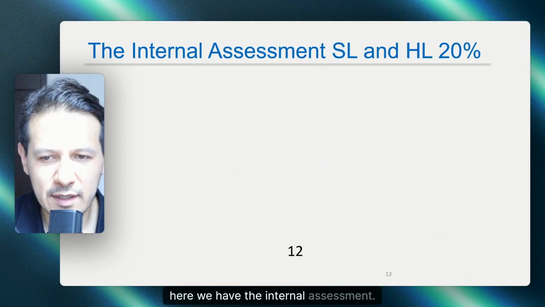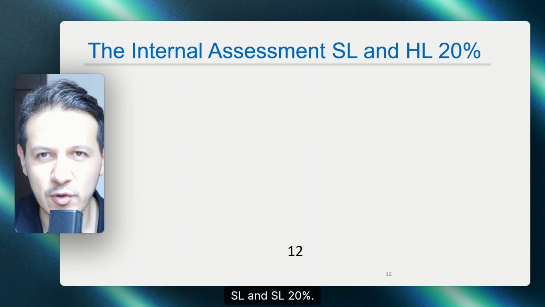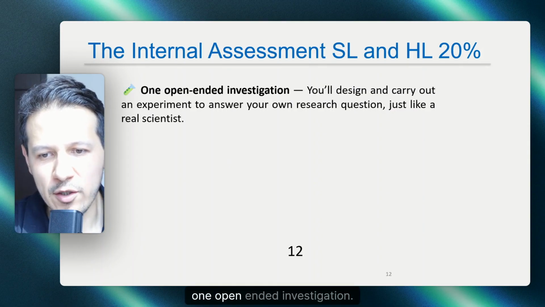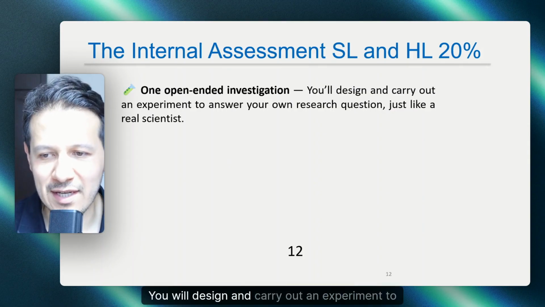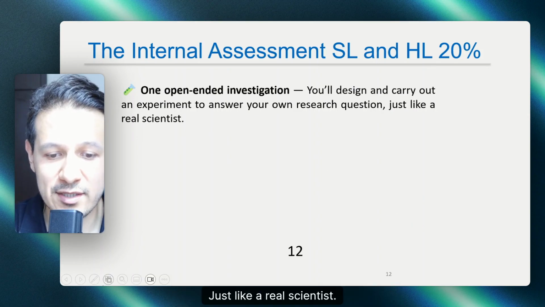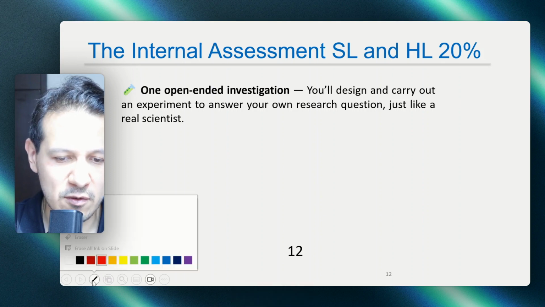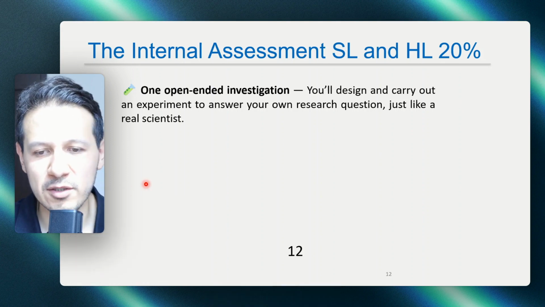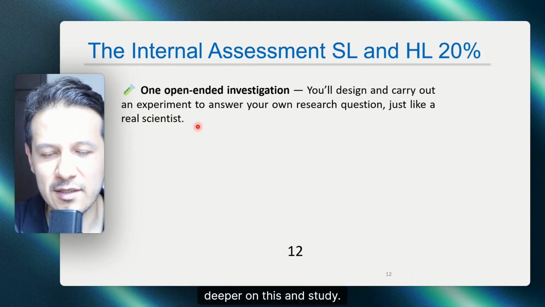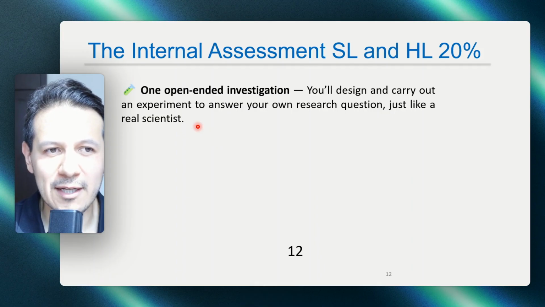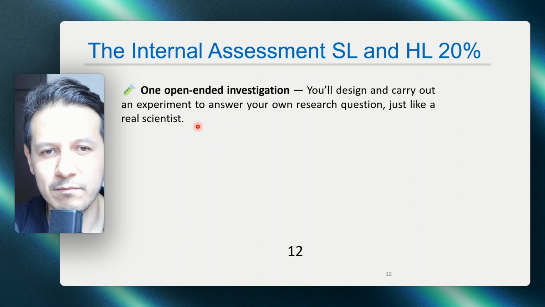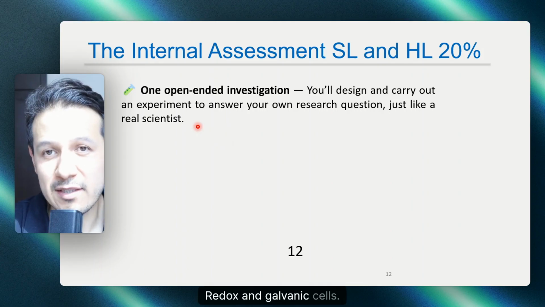Okay, guys, here we have the internal assessment, SL and HL, 20%. They are exactly the same for the two levels. So this is one open-ended investigation. You will design and carry out an experiment to answer your own research question, just like real scientists. Maybe if you like a topic very much, this is the opportunity for you to go deeper and study it. Okay, you can, from a topic that you really enjoy, for example, redox and galvanic cells, you can create